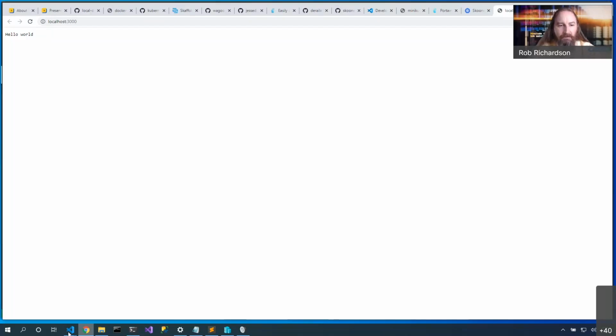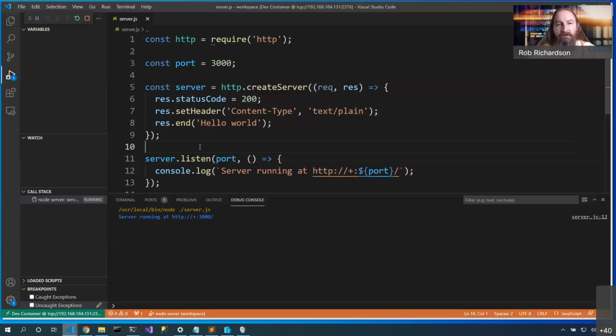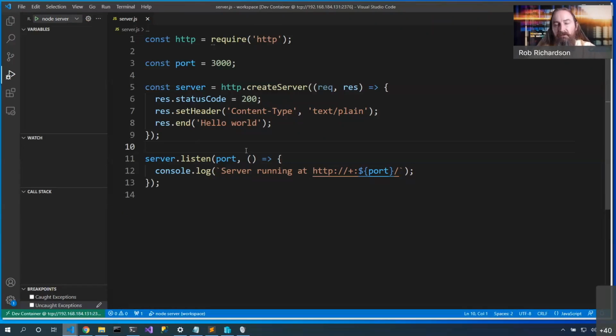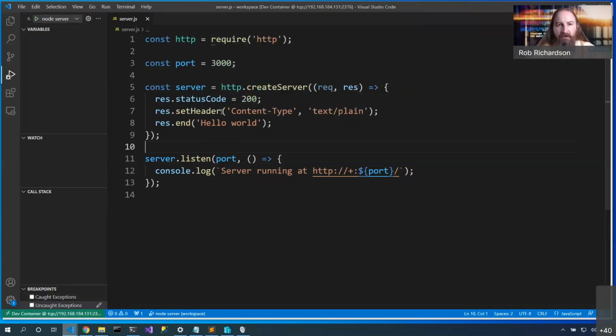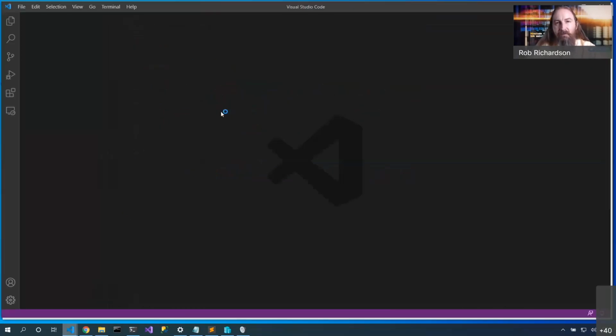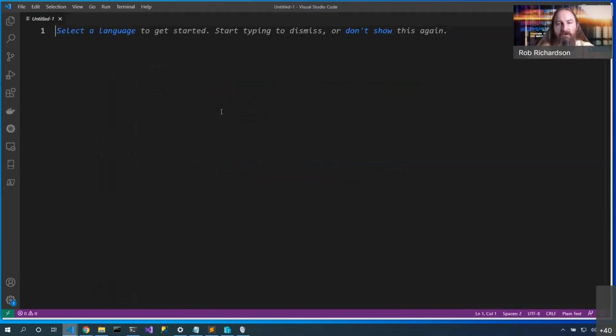Now, the cool part is it is just regular VS Code. And so I can do regular IntelliSense and content here, but we do have VS Code split in two pieces. One is running on my local machine to give me the colorization and font choices. The other part is running inside the container that gives me that syntax highlighting and debugging experience. Once I'm done here inside the container, I'm going to come into this green spot and say close remote connection, and it pushes VS Code back into normal mode where it joins those two pieces, and I could open up a different project.